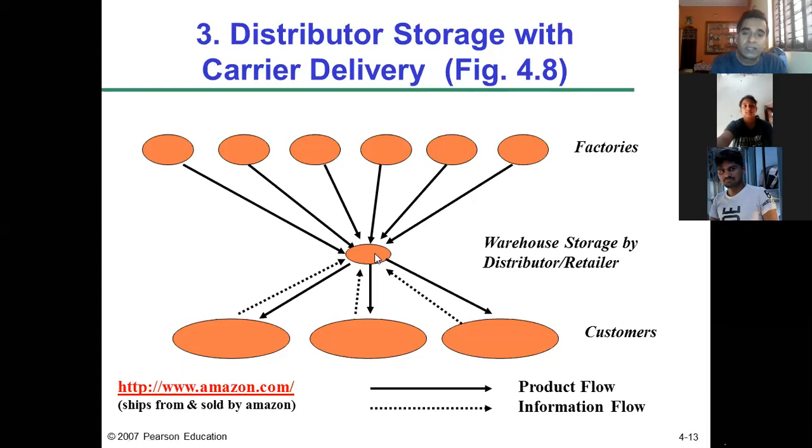In Indian industry, we call them auto dealers, not retailers. We don't call them retailers. They are termed as dealers. So that way, warehouse storage by the distributor or retailer, and from where the goods are supplied. If you remember, the dotted line represents the information flow. Customer places an order with the distributor or retailer, and the distributor or retailer